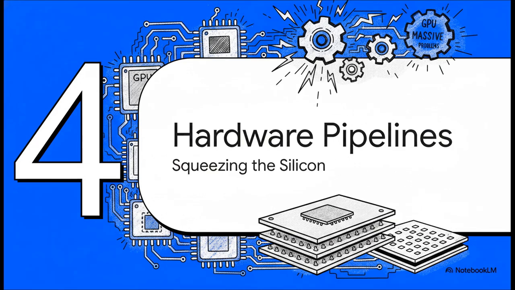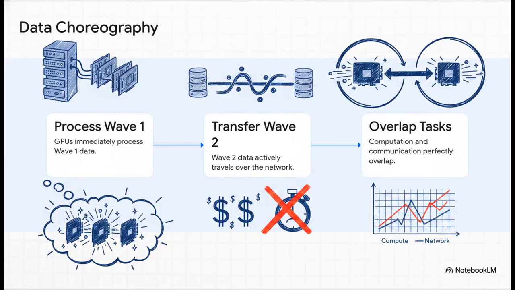Okay, section 4, choreographing GPU hardware pipelines. This is all about squeezing every ounce of performance out of the silicon. So enforcing a 20-step stabilization loop before every single layer, that introduces some severe, potentially fatal compute costs. Plus, with a model scattered across hundreds of server racks, waiting for data to travel means you are bleeding money and time. To solve this, the engineering team choreographed these